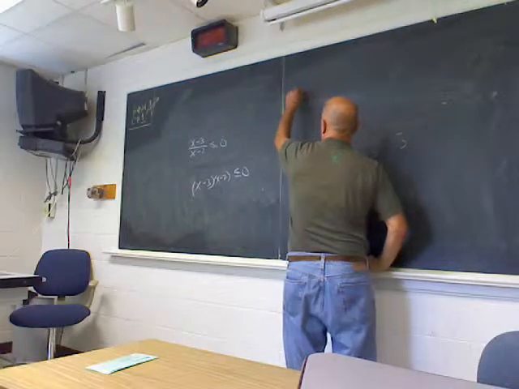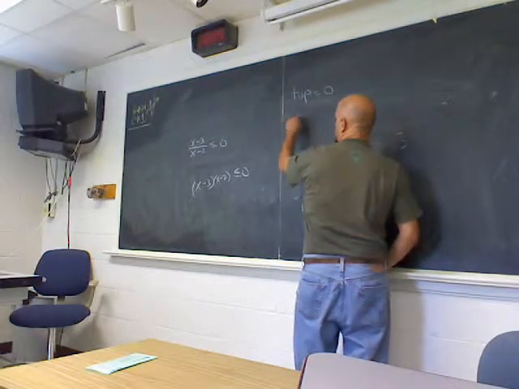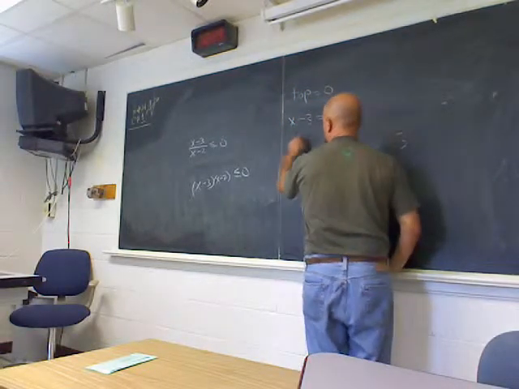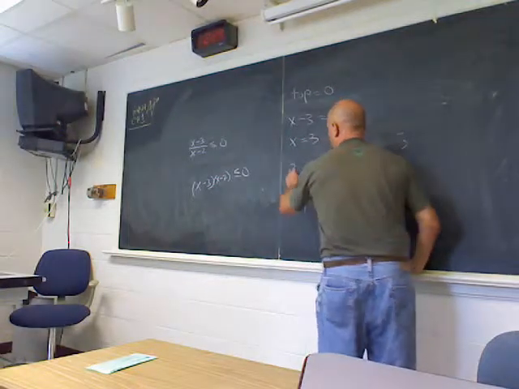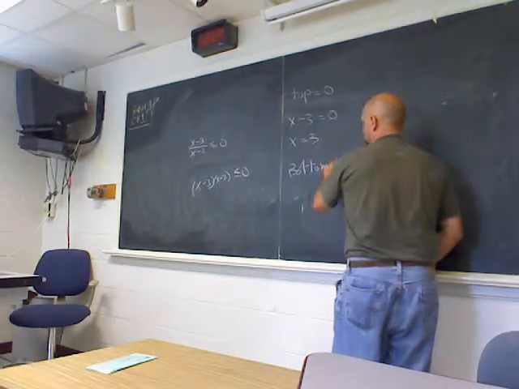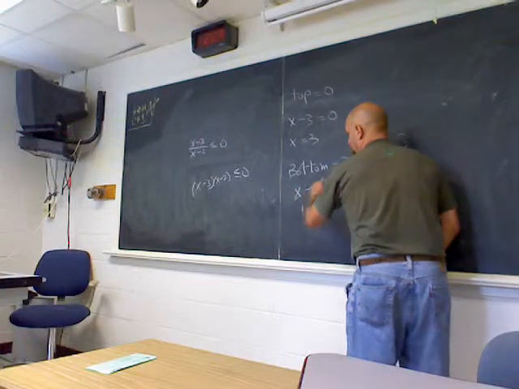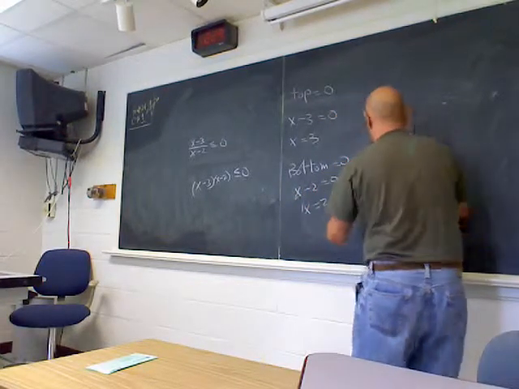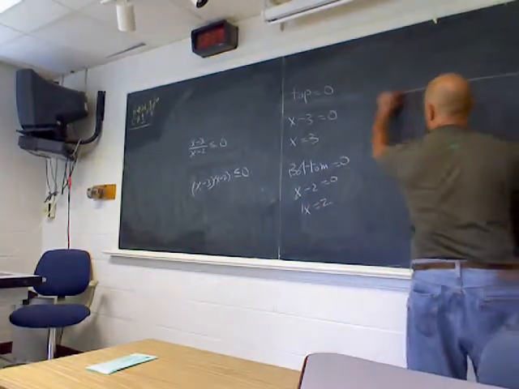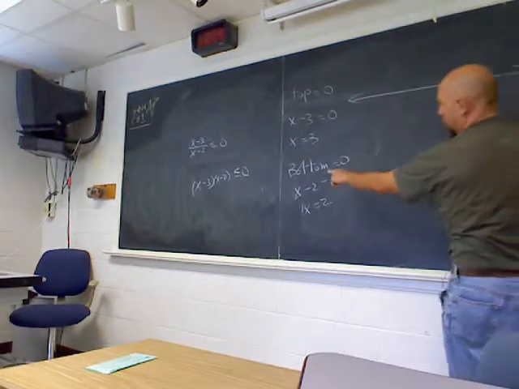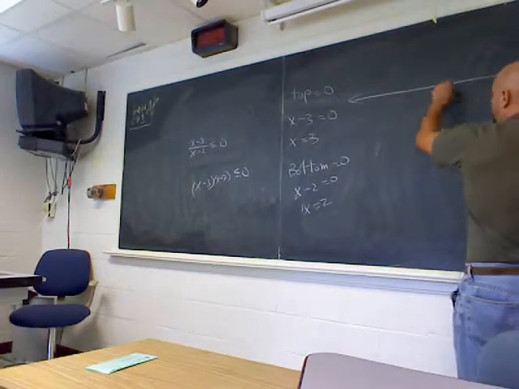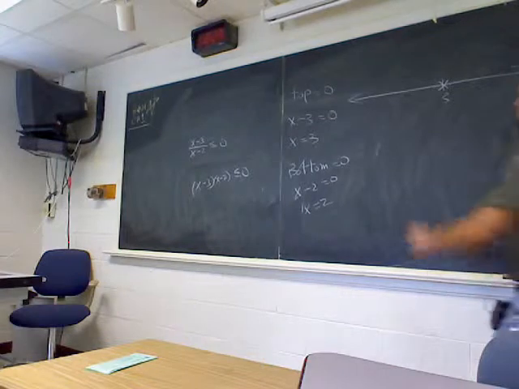Where's the top equal to 0? Top's equal to 0 when x minus 3 equals 0, or x equals 3. Where's the bottom 0? That's where x minus 2 equals 0, or where x equals 2. X equals 3 gets an x. X equals 2,